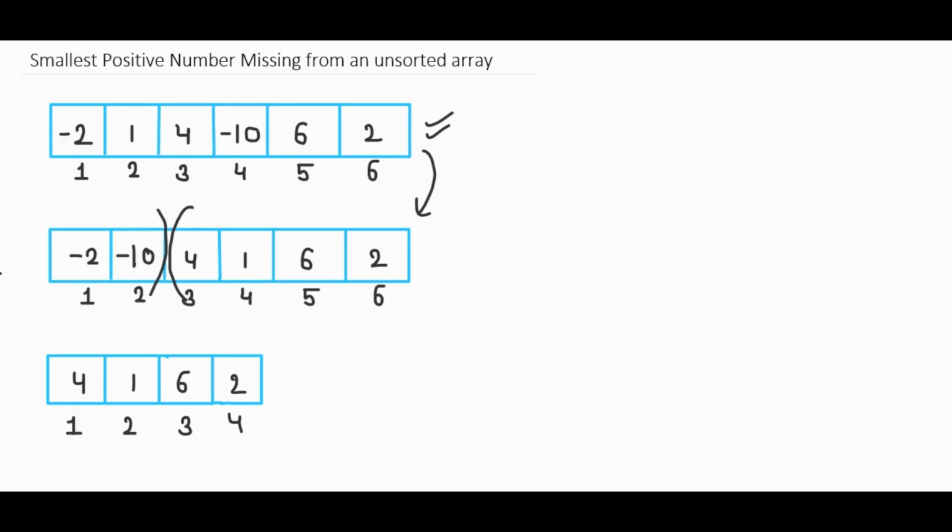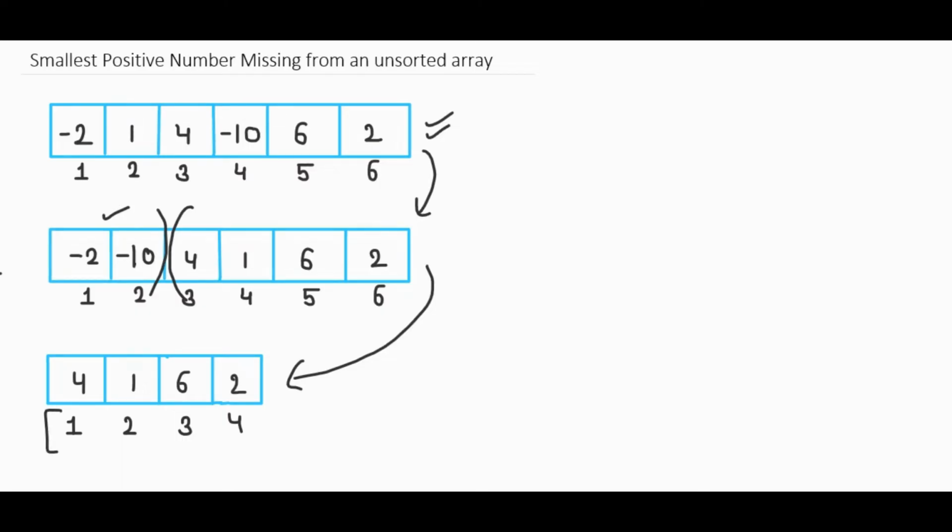Now what we will do is, we will take another array and put all the positive elements in that array. Why we are taking only positive elements is because the negative elements have no role to play in this question. Why? Because as we can see, the question is the smallest positive number missing from the array. That means we have to find the positive number only which is missing from the array, which is smallest, right? So negative numbers will not play any role. Now we are only considering positive elements.